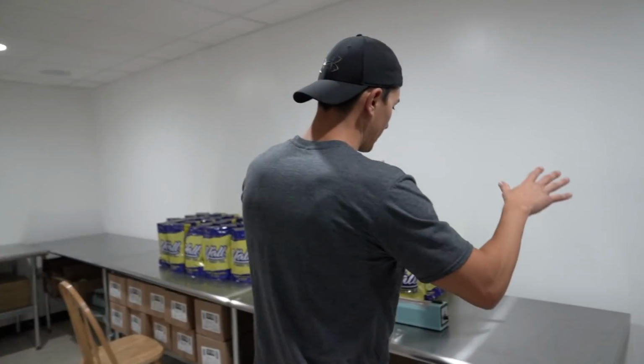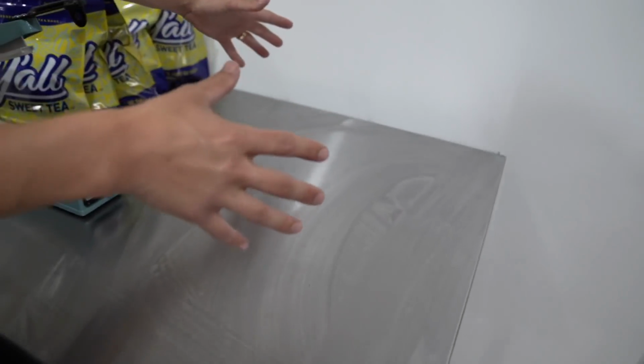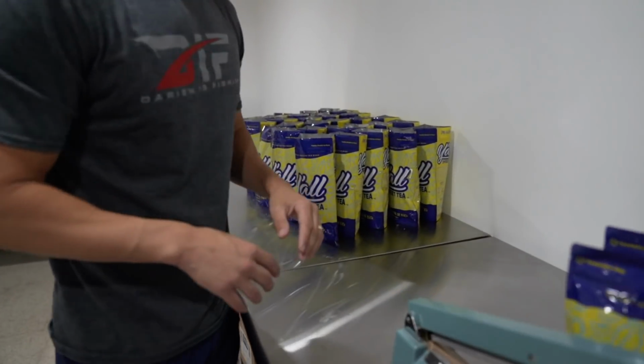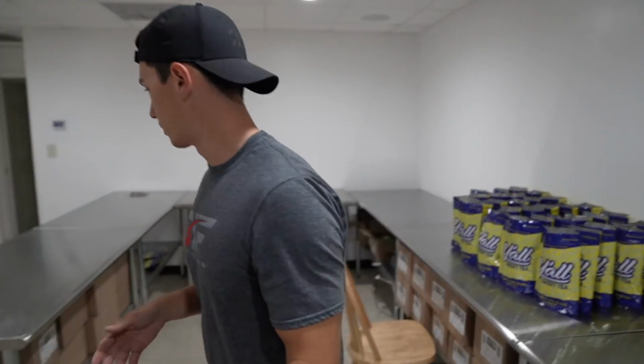So the loose bags of tea get broken down, poured out on the table, and then they'll get stretched out all the way down. They'll get packed into these bags, and then from those bags, they go to those rolly carts. Where's the rolly carts at? Oh, they're in here. So from there, once the tea's put in the bags and sealed, then it goes into